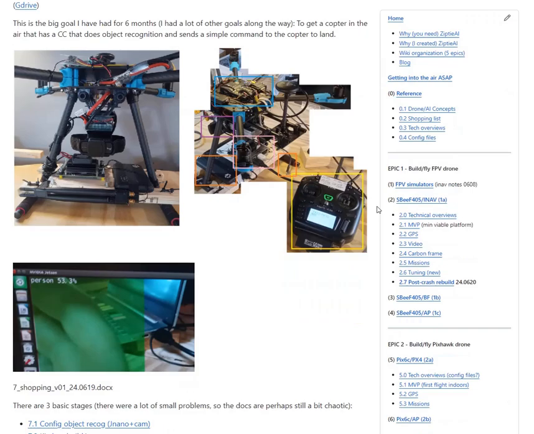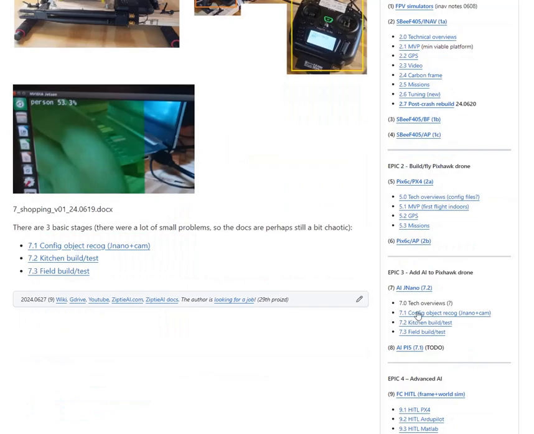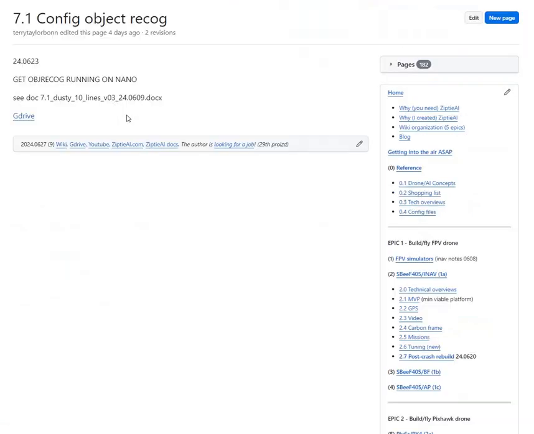So let's see here. In this Epic, you basically have three things you have to do. You have to configure the object recognition on the Jetson Nano, and that can be a bit complicated. And then you have to do the kitchen build and test, and then the field test. So configuring the object recognition,